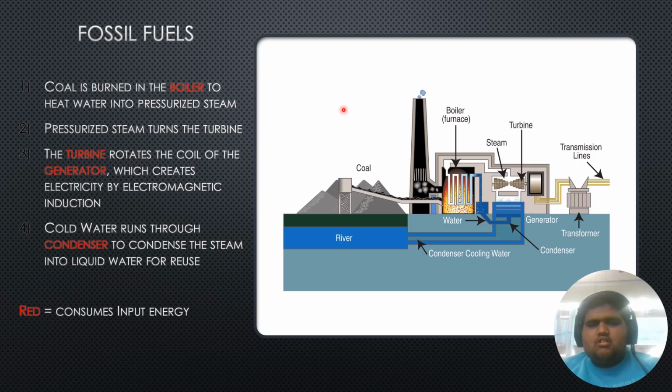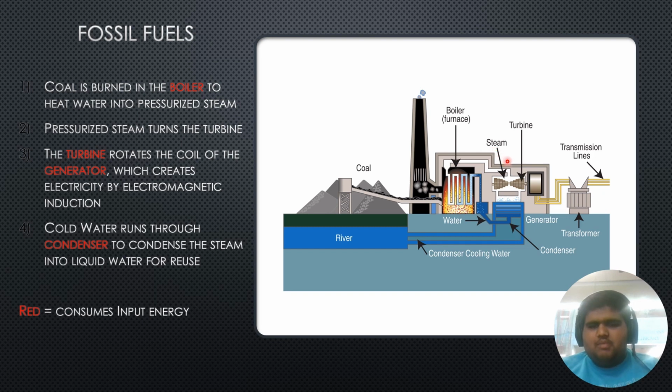Now, let's take a look at how a fossil fuel plant works. A fossil fuel plant uses fossil fuels, of course, such as, let's take coal as an example. The coal is heated up in a boiler. This is the boiler. And water from a river, for example, is sent through pipes and the boiler heats up this water. Now, when you heat up that water, it generates high pressure steam